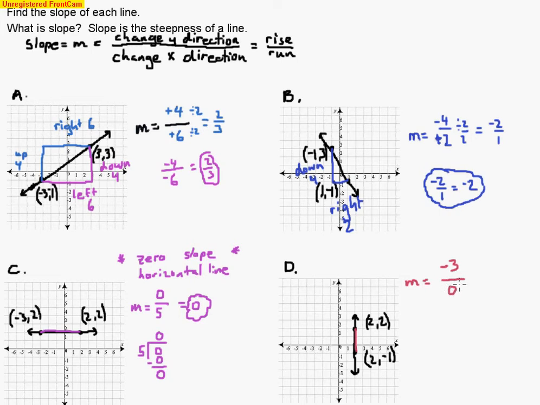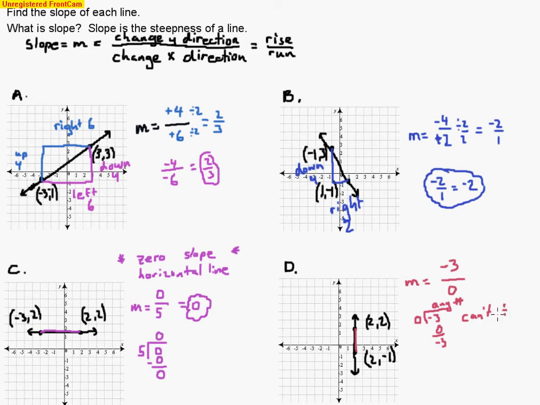Well, this is a problem. We cannot divide 0 into a number. So if you can't do that, that means we don't have a slope. And so this is a problem where we say it's undefined. And so let's just go over again why we can't do that division. If we look at this, if we put 3 or negative 3 in here, 0 times any number here, we could put any number in here, is just going to equal 0. And when we do that subtraction, we don't get anywhere. We still have negative 3. So you could put any number here, and we still don't get an answer. That's why we can't